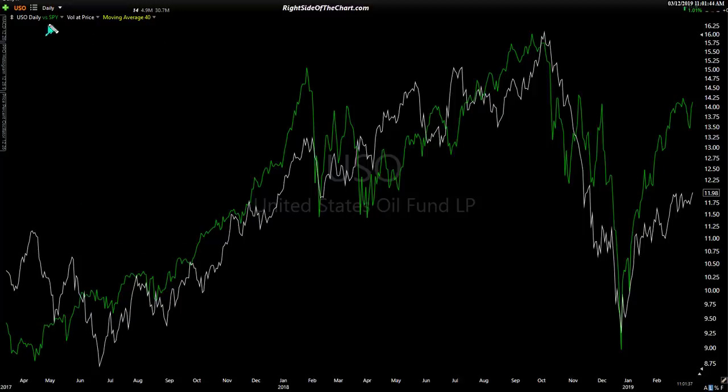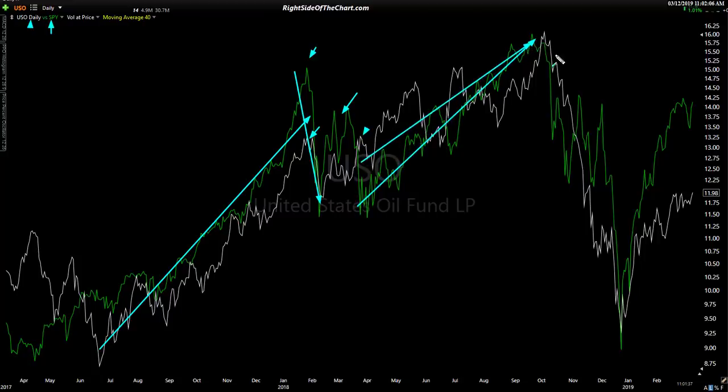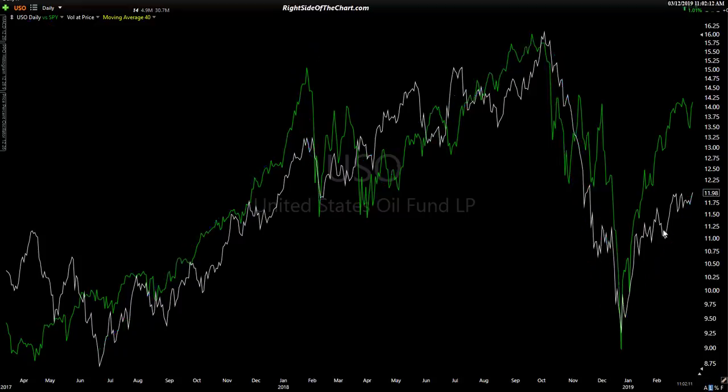So these lines show you, you can see up here, SPY is in green, USO, the oil ETN, is in white. Don't look at the difference in the lines, just look at the directions. One's going up, the other's going up. They both peaked right here. They both went down, and they both rallied, peaked a little bit. There's some differences by days here, but not a lot. The overall trends are unmistakable. Look, there's the meltdown last quarter, and they both bottomed on the exact same day, and they've both been doing the same thing,